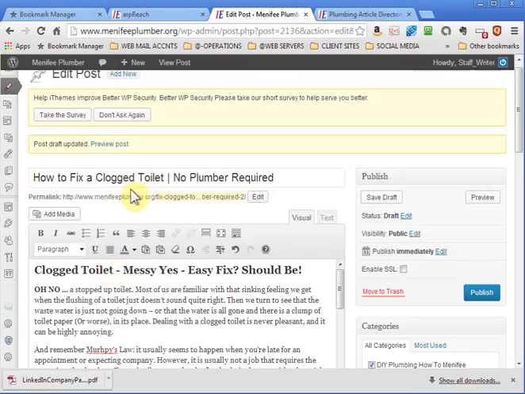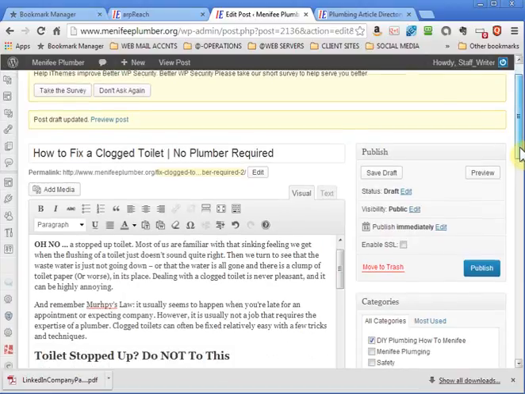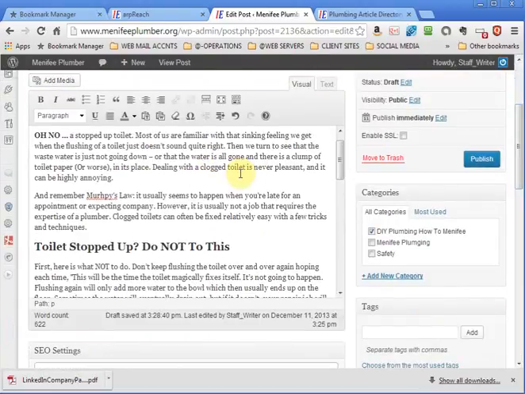As a result, the way this theme works, clogged toilet will also be in the H1 tag. And as we move through the post, you'll see that I have clogged toilet, or clogged toilets,